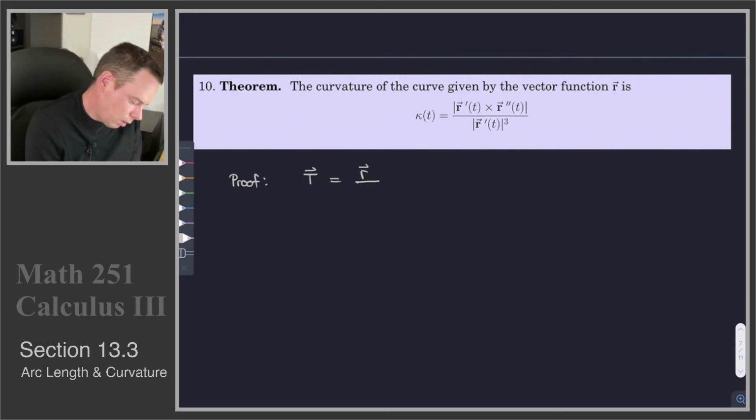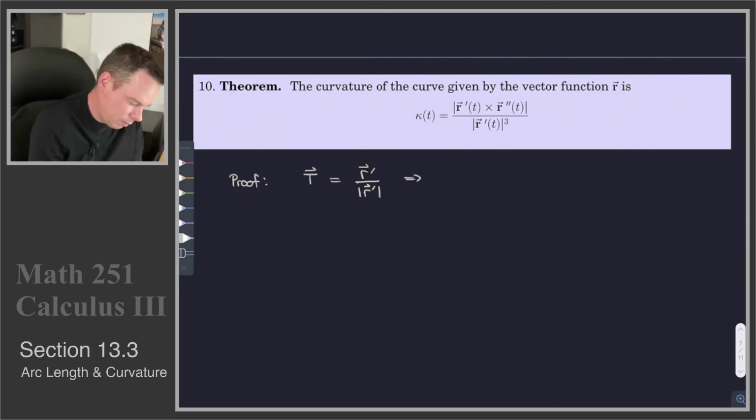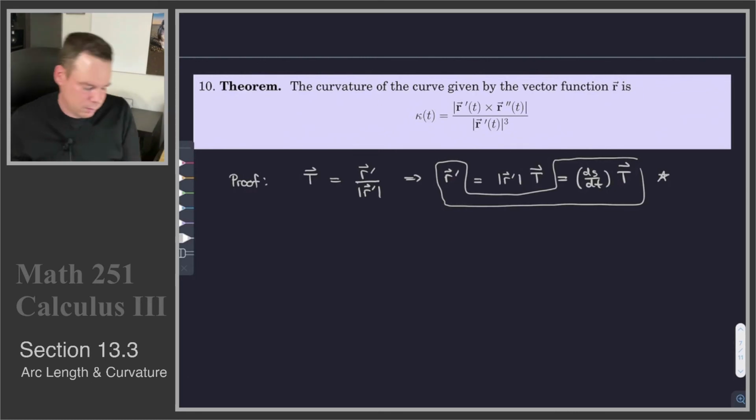Capital T is r prime divided by the magnitude of r prime. So that's what the unit tangent vector is. Okay, so that means that we can write r prime as this scalar times capital T. But that r prime magnitude is just ds dt times capital T. And so that's actually a formula for us, at least in this stage, worth remembering, because what I can do with this is now I